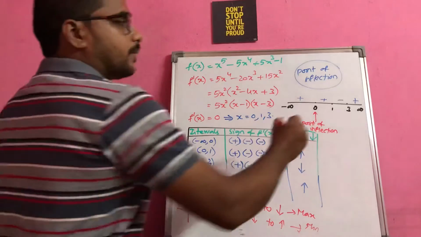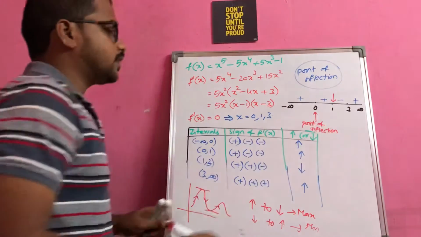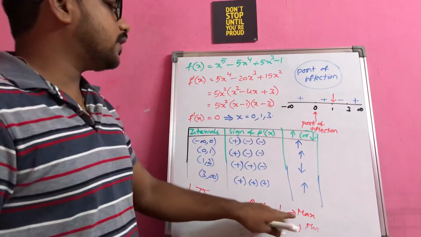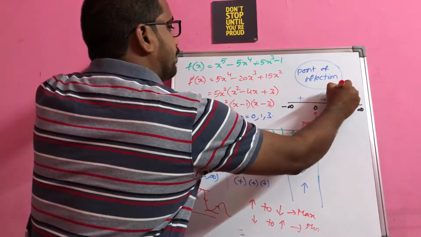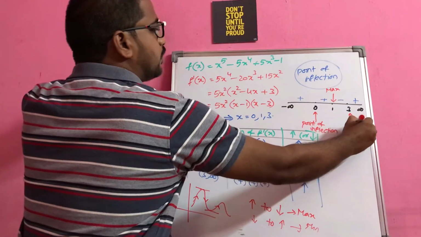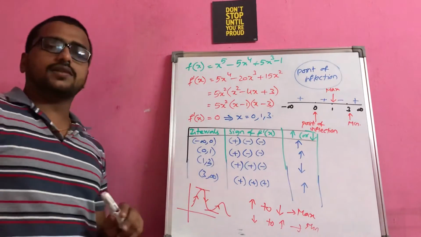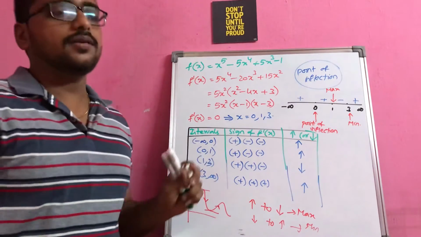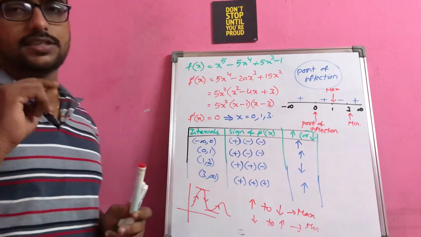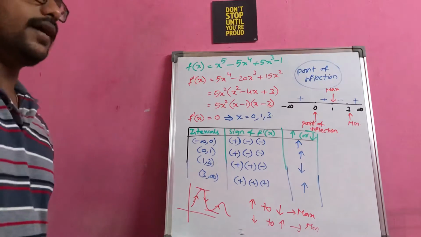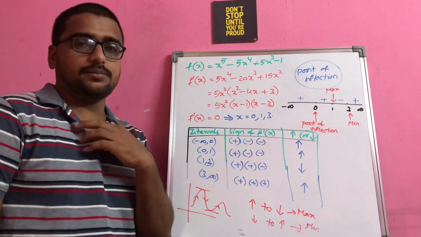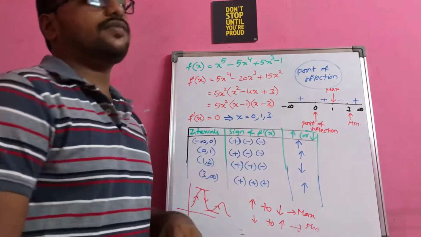Okay, now see this one point. At point 1, you can observe, before it is increasing, later it is decreasing. So increasing to decreasing means it is giving you the maximum point. And then at 3, initially decreasing, later increasing, so this is the minimum point. So have you realized one thing here? Because of this increasing and decreasing concept, you are able to identify the point of inflection also. So now you are clear that point 1 is giving you the maximum, whereas point 3 here is giving you the minimum.